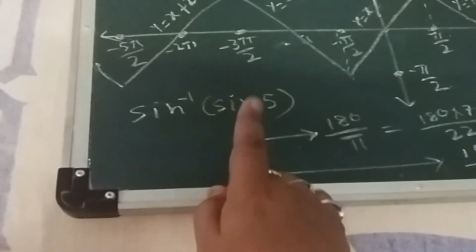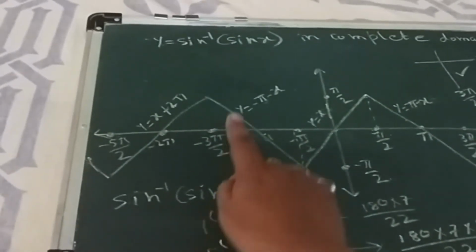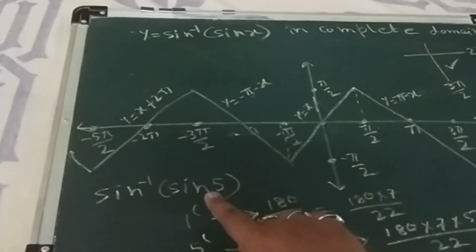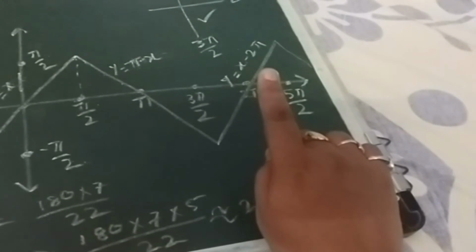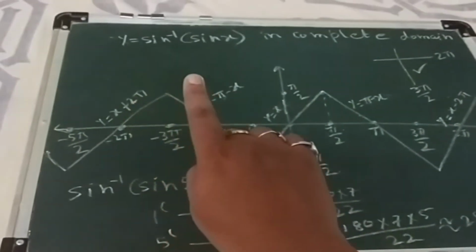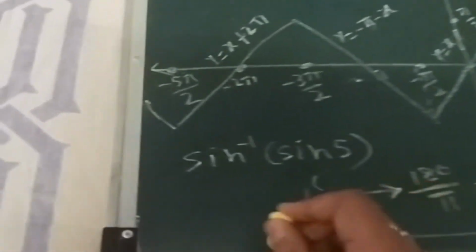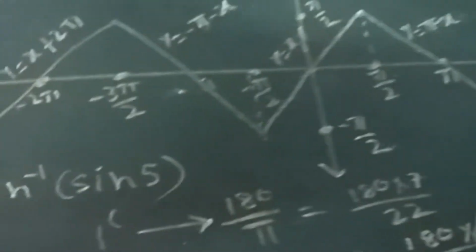Now I am going to calculate this. In the place of x, 5 is written. See carefully, there x was there, here 5 was there. So in the place of x minus 2 pi, it should be 5 minus 2 pi. Okay, because in the place of x, 5 is there. So here it should be 5 minus 2 pi. I am erasing this calculation. 286 degree. Okay, remember this. I don't have space.